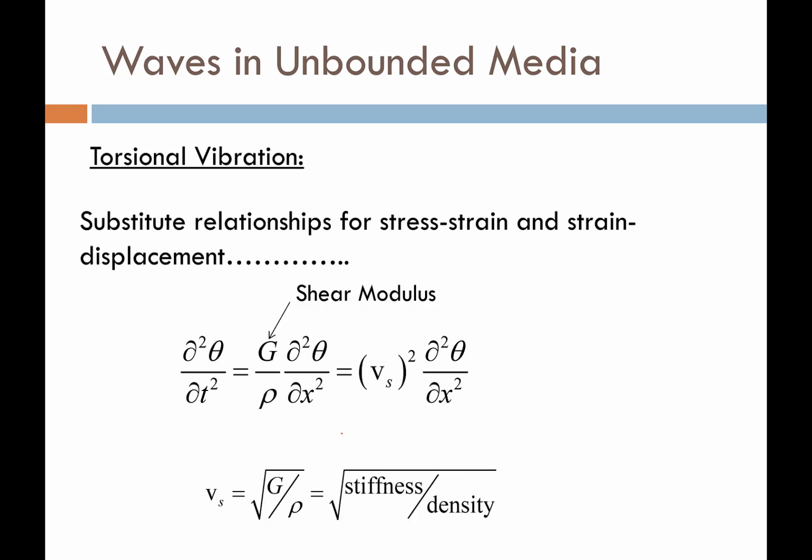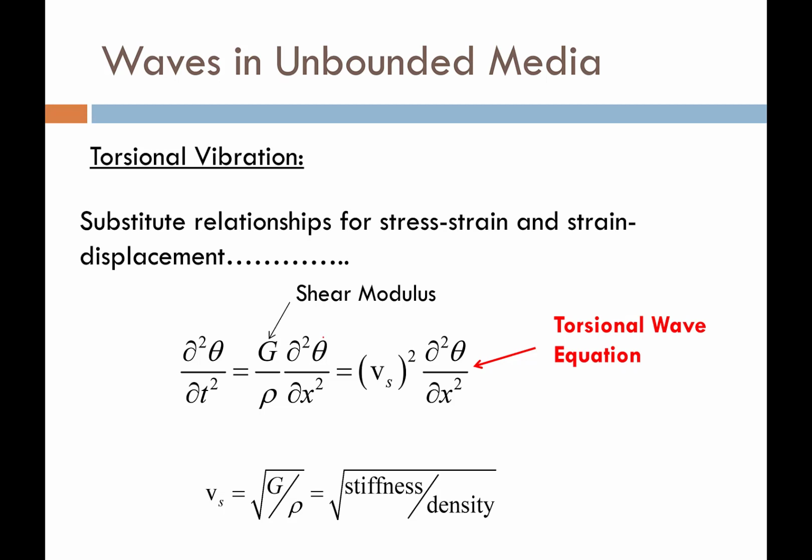And then I need my stress-strain and my strain-displacement compatibility, so I plug those into my equilibrium relationship and I end up with the wave equation for a torsion wave. Now you're going to notice, if you pause this and go back and look at the wave equation for a longitudinal wave, this relationship is the exact same, with the exception: